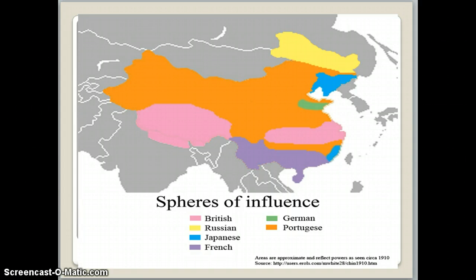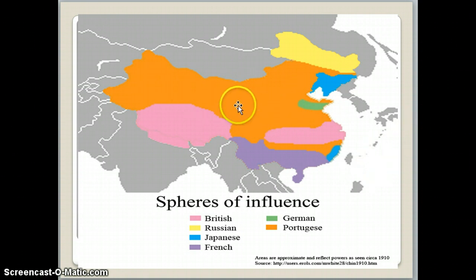Those countries had managed to get China, the Chinese emperor or empress, to agree to a policy called spheres of influence. And here's how it worked. What they basically said was the only people that can trade in certain areas are certain countries. So for instance, up here in this region, the only people who could trade are Russians. The only people who can trade here are Japanese. Over here, this is all Portuguese. Portugal reserves the right to trade any place that you see here.